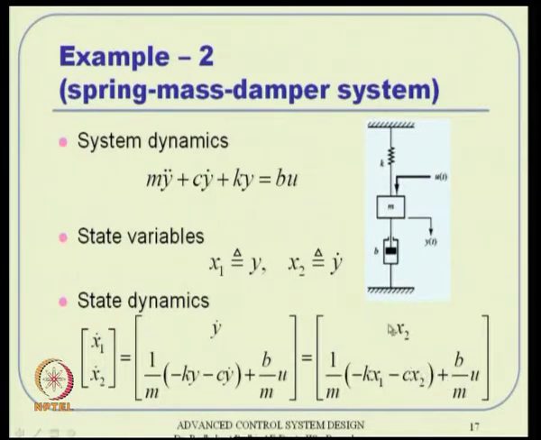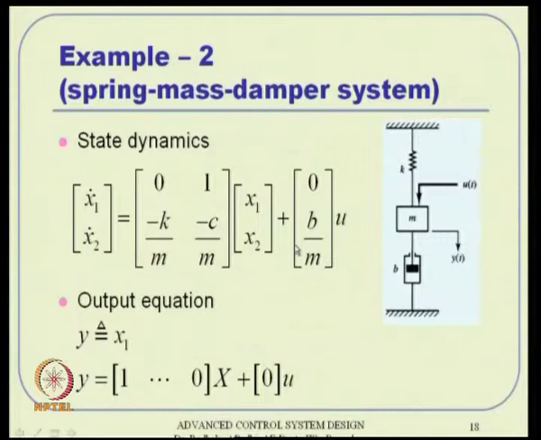So, then again because it is a linear system, we should be able to write it in a state space form. So, in general the system matrix will consist of this matrix in general and that vector in general actually. So, that is just an extension of what we discussed in the previous example.